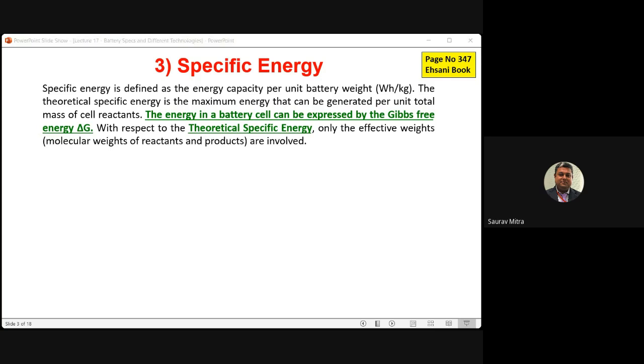The best characteristic of a battery is that it should be able to supply very high energy, but the battery weight should be as less as possible. So those kinds of batteries were very difficult to design previously, but nowadays it is possible. So battery technology research and all these things are in very high demand. Anyone who wants to join this field of electrochemistry, you are very much welcome.